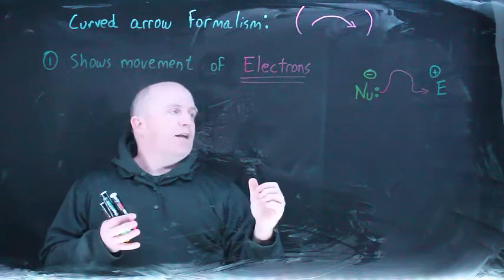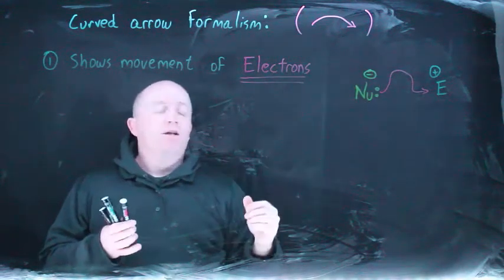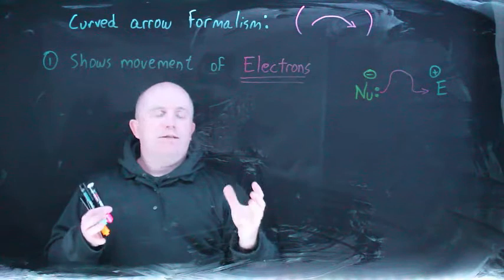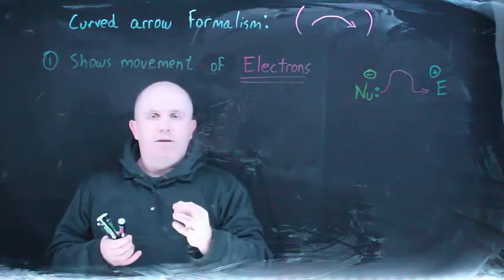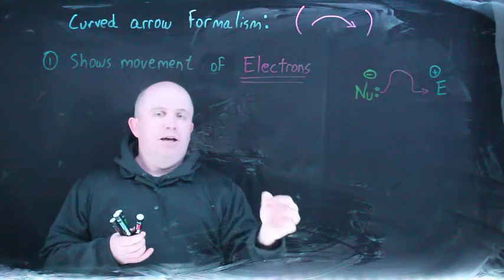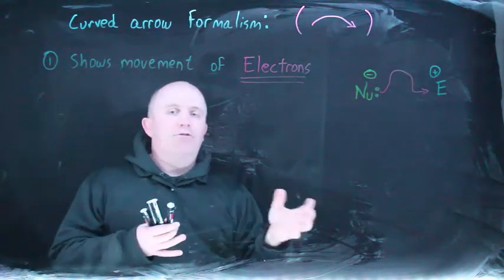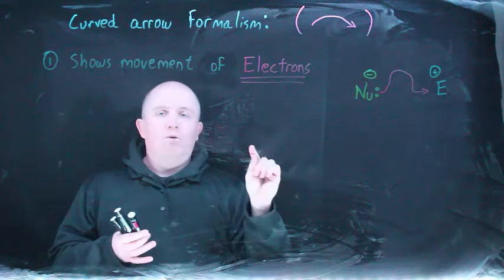If you move on to organic 2, you're going to use this absolutely everywhere. If you take biochemistry, anything like that, this is the standard way of depicting what happens in an organic mechanism. Organic chemists are interested in the movement of electrons. Atoms happen to be along for the ride, or not, as the case may be, but we're fundamentally about the